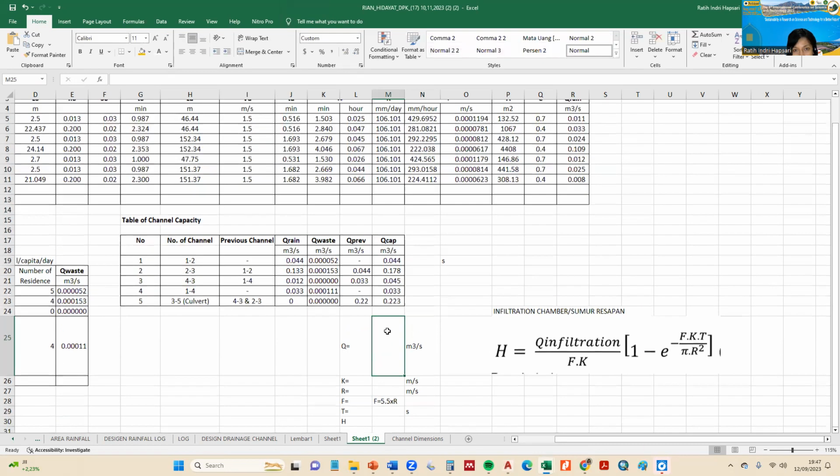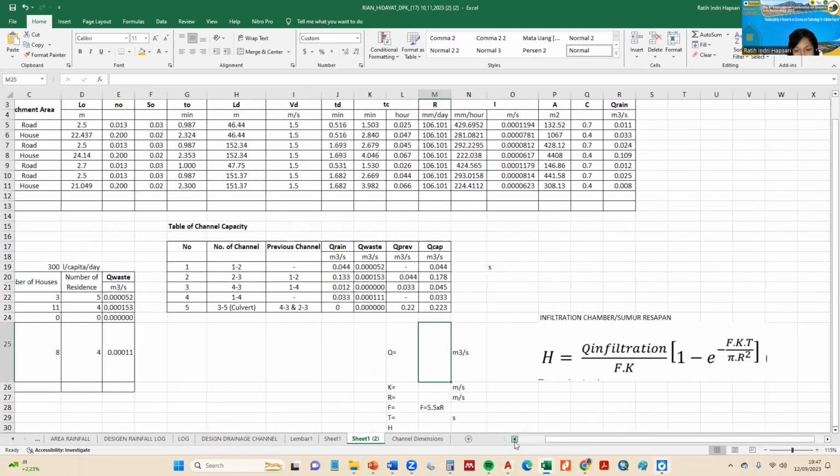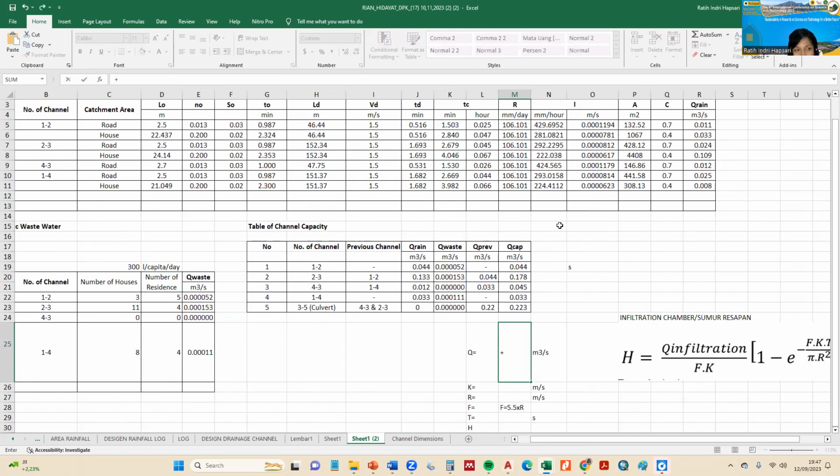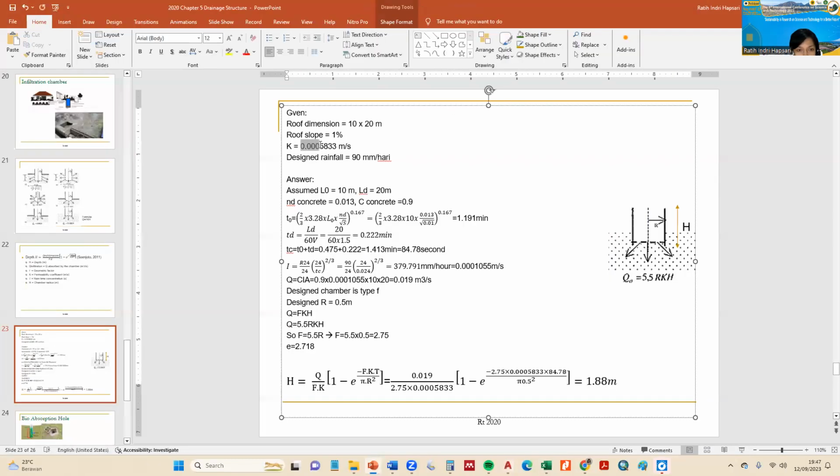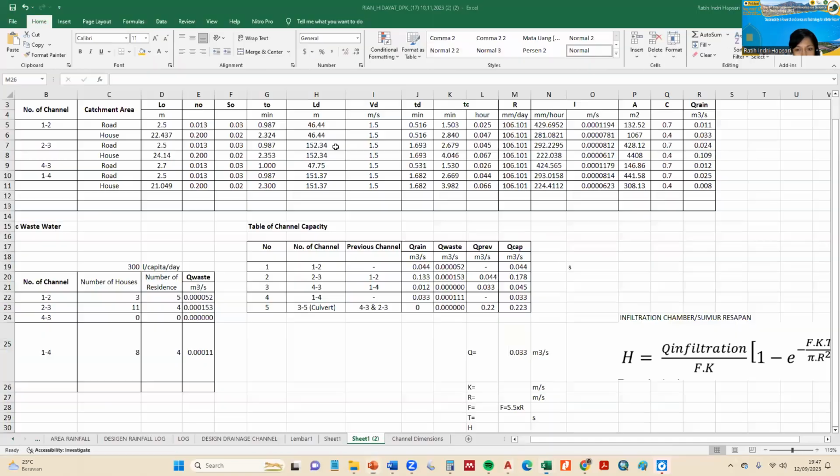Yeah, Q we get from the discharge runoff or design flood from the house, not from the road. Because our design is infiltration chamber under the roof, like the one in the campus. I will show you next, not Wednesday, Thursday. Yeah. So this is Q. And K, I will put the number same as our problem.